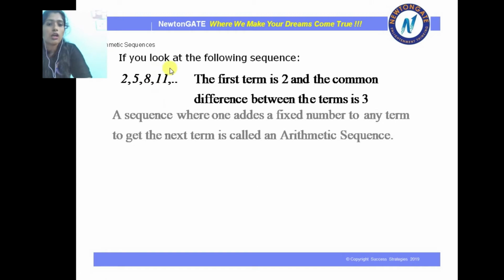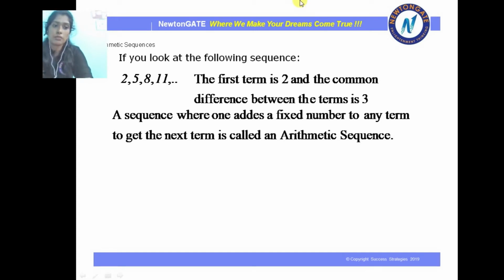So another thing, this sign of 2 dots given after this, it means that this sequence can go beyond. It can go infinitely. It can go on and on and on. If you add 3, it will go on, 14, 14 plus 3, 17. Like this, it will continue. There is no end to this. So whenever in a sum you see that there are 2 dots or 3 dots, it basically means that the sequence is not ending at this particular point.